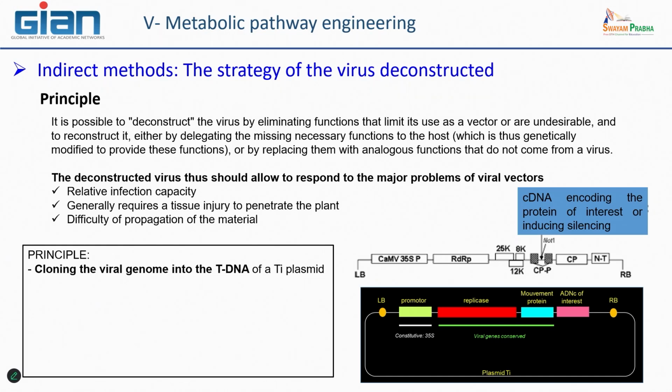In this case, we use all the sequence of the virus normally used for this type of transformation, but we insert this sequence between a left and a right border recognized by the agrobacteria. So we can produce a specific plasmid, such as a Ti plasmid,